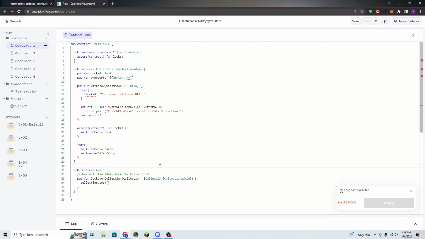So what can happen here? That's not good. The user can unlink collection admin from the public, and then the admin can no longer lock the collection. So this is something to look out for. I think that there's a lot of helpful use cases for this sort of thing. There's a lot of times where the access contract pattern is really useful, but you should always be aware